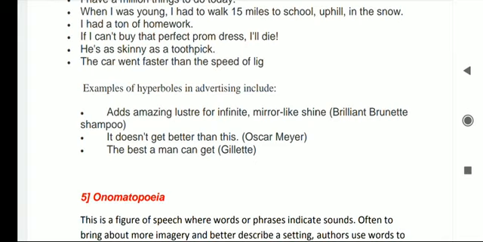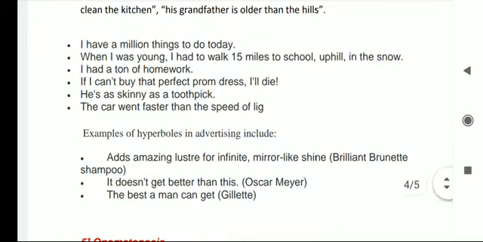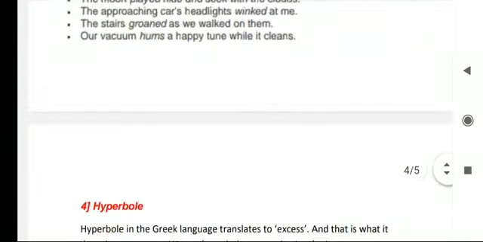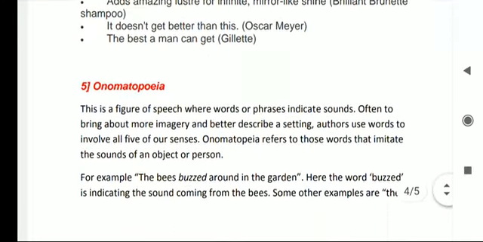It doesn't get better than this. Oscar Mayer. The best a man can get. Gillette. So these were the examples of hyperbole. Now the fifth one is